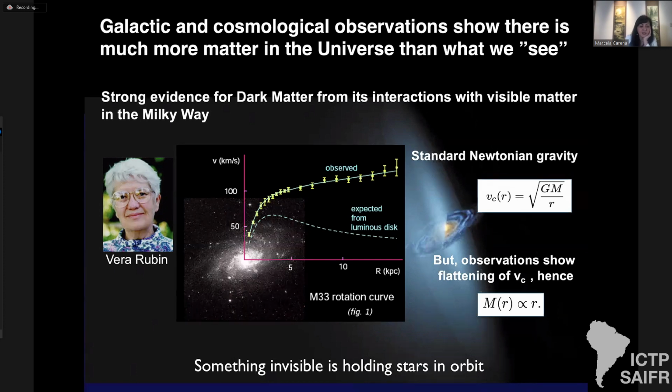So she found that even the most distant stars in our galaxy, like here, are moving about as fast as our sun, which is around here, therefore contradicting standard Newtonian gravity predictions if we expect that all there is is the luminous matter. So it's clear that some invisible matter, something that we don't see, is holding the